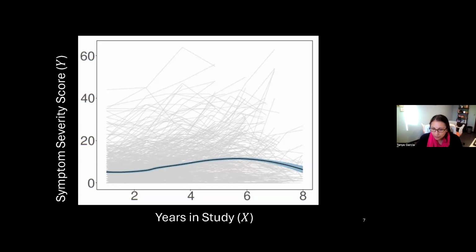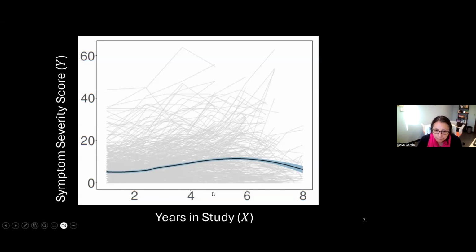That result really goes against what we know about Huntington disease, because many scientists have shown that Huntington disease is progressive, meaning it's supposed to get worse over time. And the reason we're seeing this result is because of how I plotted the data. Individuals who enter this study enter at different disease stages. Some are more advanced and some are less advanced. And so by plotting the data in terms of years in study, I'm completely ignoring that fact about differences